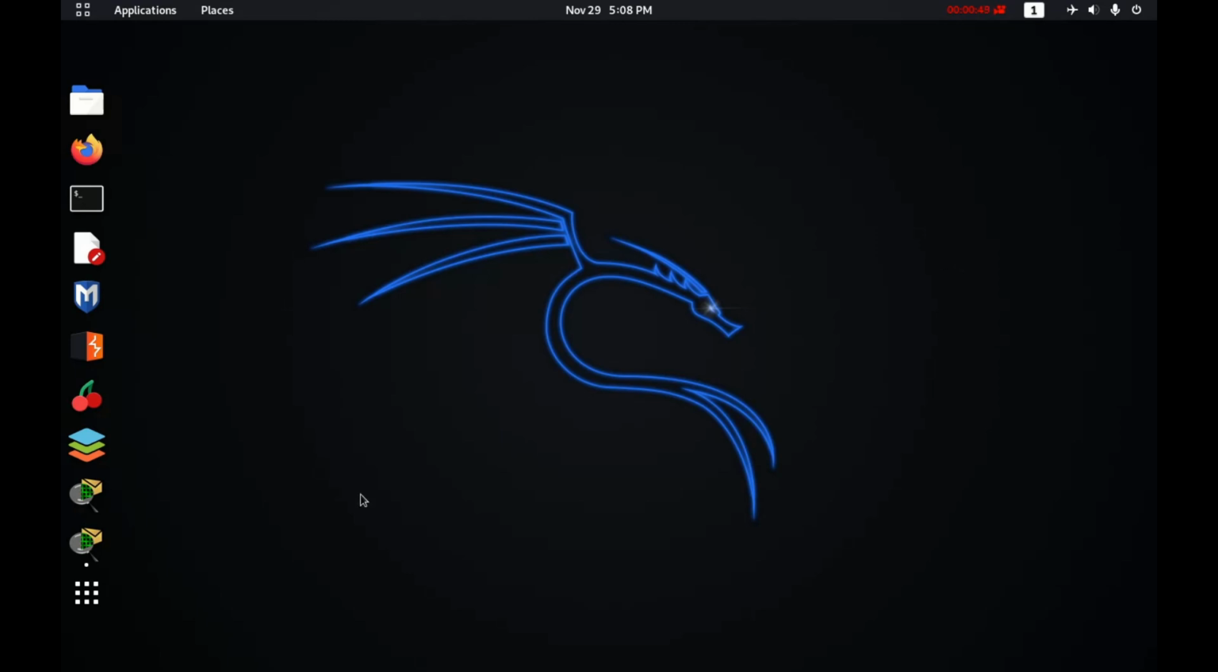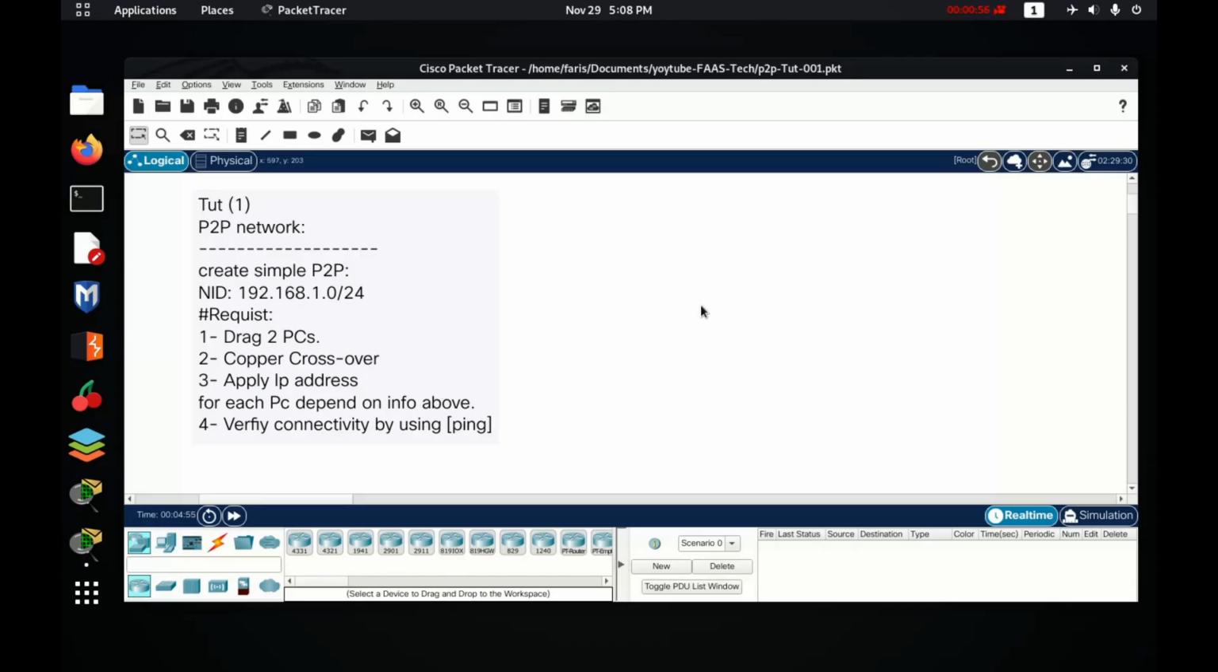For me, I have already downloaded the Cisco Packet Tracer on my system. As you see here, this is the Cisco Packet Tracer. If you have not downloaded it, you can go to the first tutorial, where you can find out how to download it and install it on your system. So now, for this tutorial, as you can see, this is the Cisco Packet Tracer tool. We use it